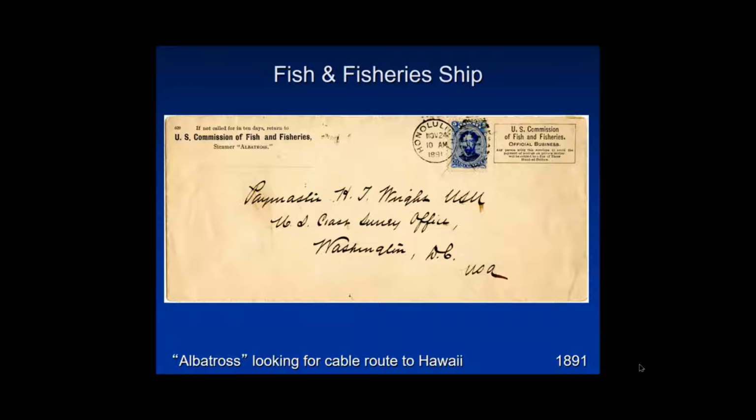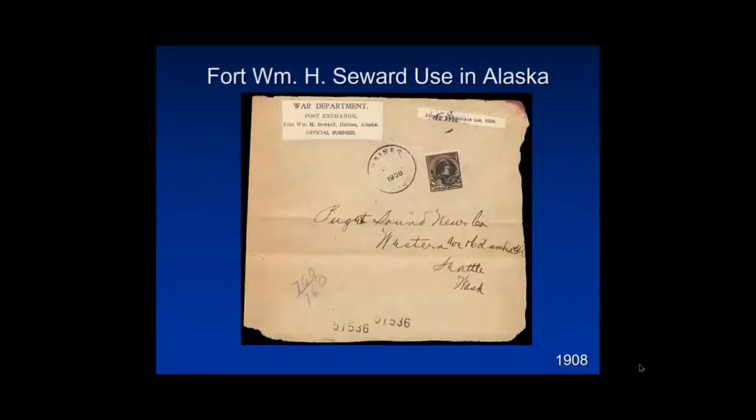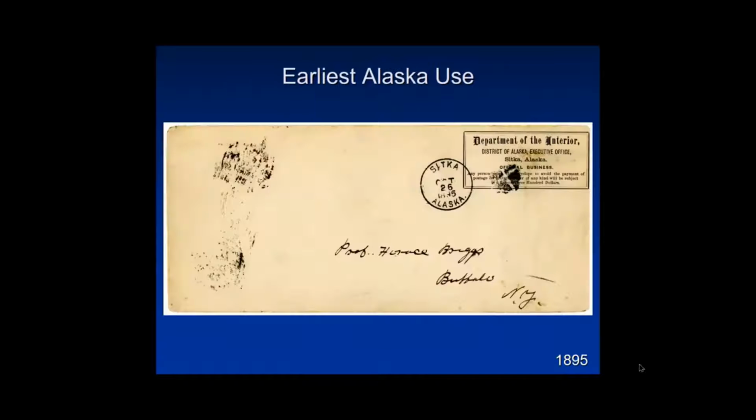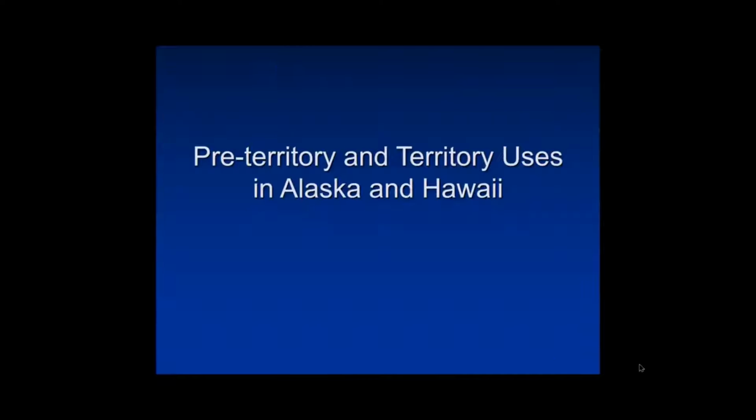Then we have pre-territory and territory usages in Alaska and Hawaii. They're not exactly possessions, but they're sort of like possessions. So if you look at the first one,